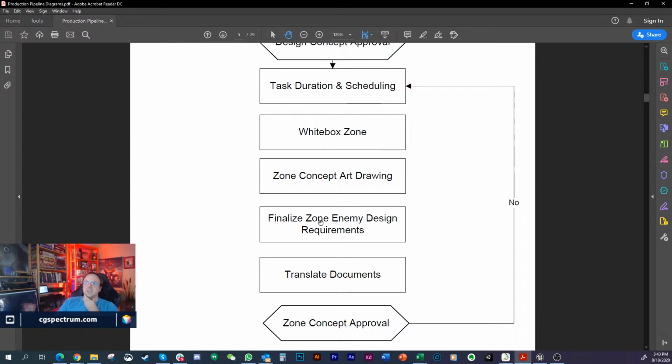And then the next thing is you start working on the concept art, right? What's the zone going to look like? Your concept artists are going to start working here, but the designers have predefined what's going to be in those zones and what's going to be there, so the concept artists know what to draw, right? And then you're working on things like